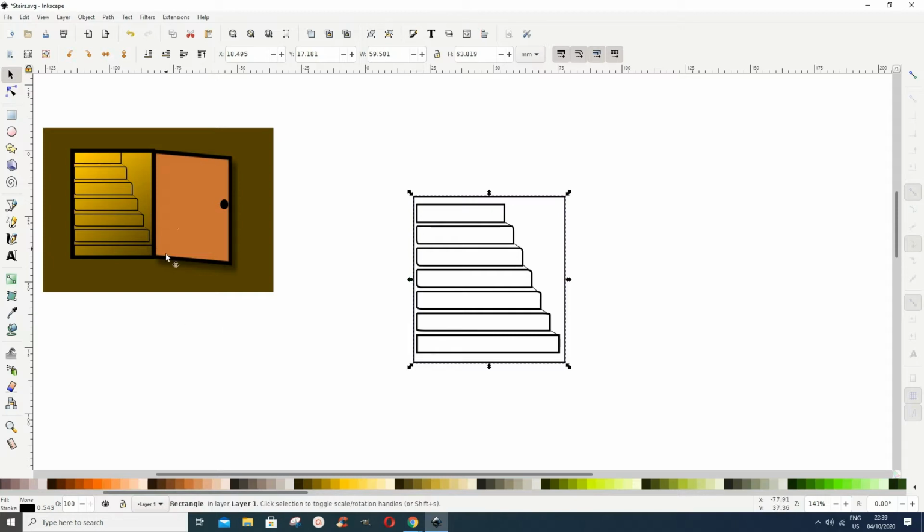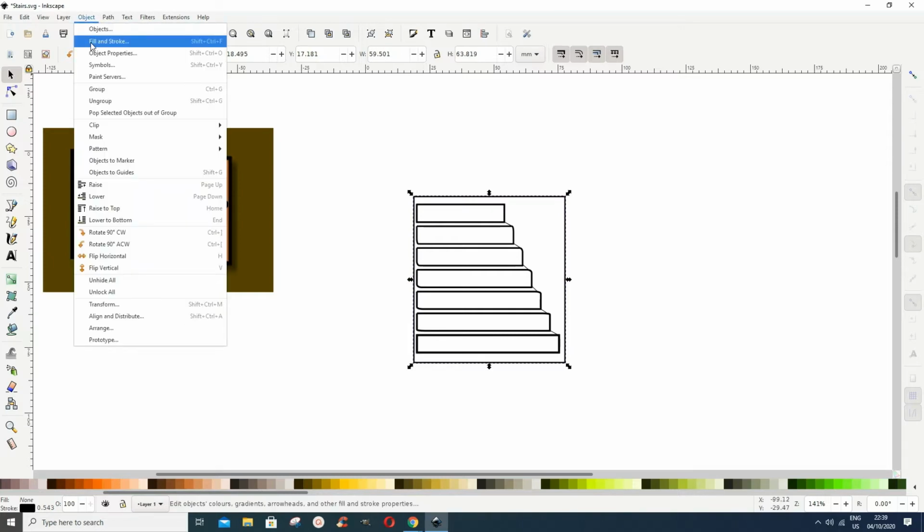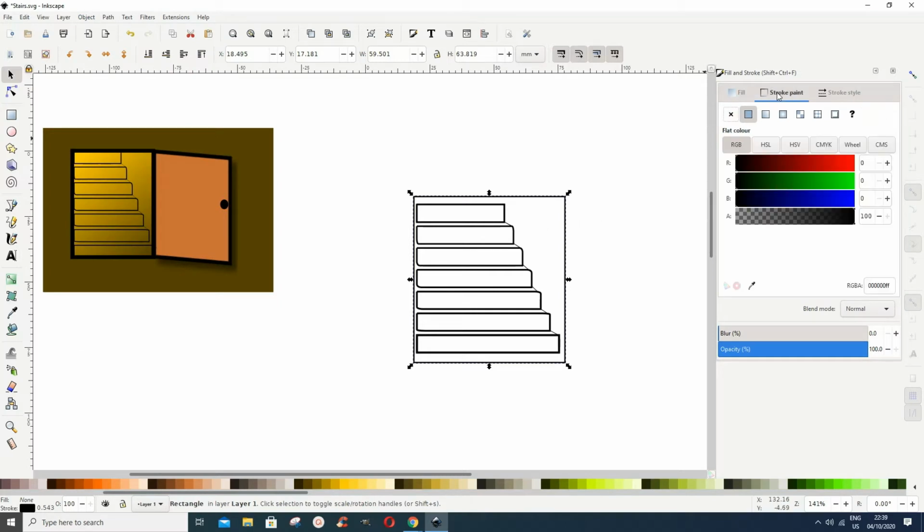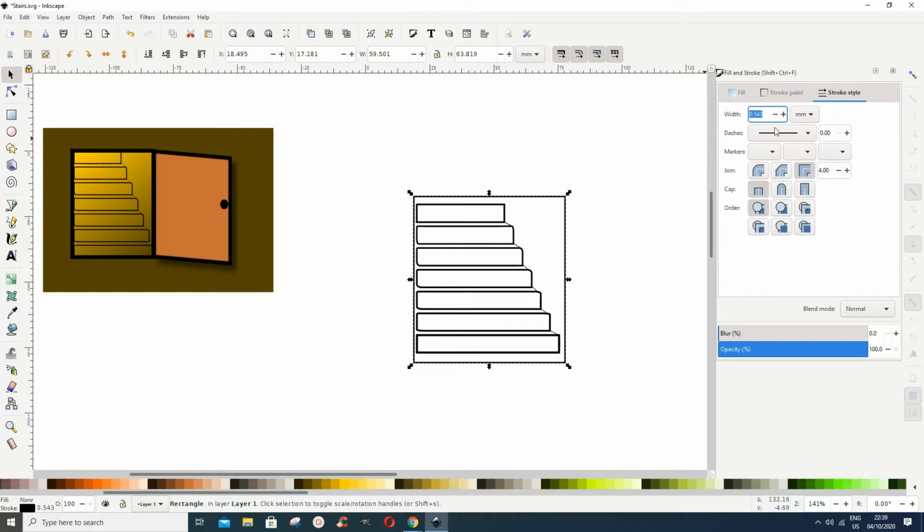First of all, maybe let's go to Object, Fill and Stroke. I want to increase the stroke of this, so we go to Stroke Style, and then we increase it. Let's increase it a bit, something like this. I think it is good. Maybe we go to 2 or so. I'm using 2 millimeters. Just increase it until it looks reasonable,